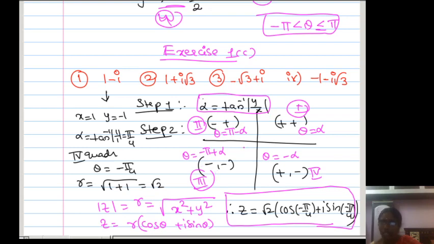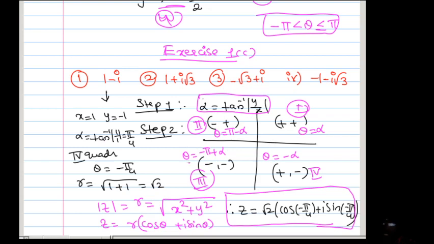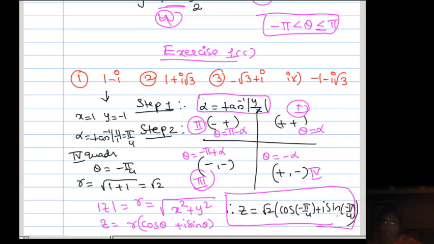Okay. So already explained the examples also, and here one problem I explained. First, take x and y, and find alpha. Then you have to observe which quadrant it lies in. According to that, you have to apply the formula: first, second, third, fourth. Suppose it is in the third quadrant, then apply the formula minus pi plus alpha. After getting theta, you have to find z is equal to r into cos theta plus i sin theta. Okay.